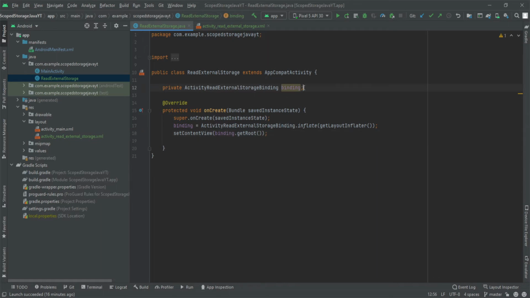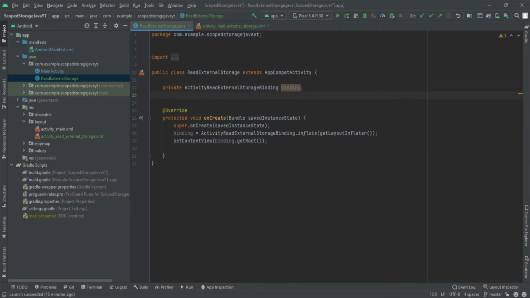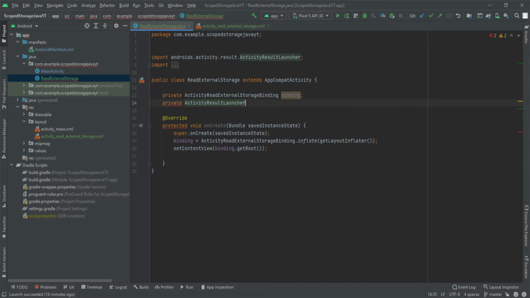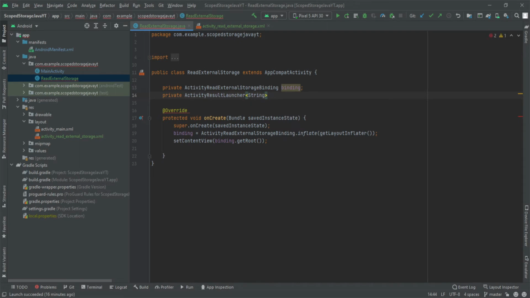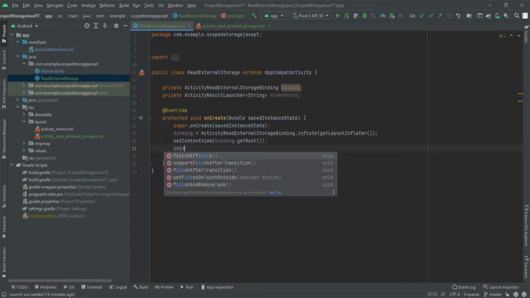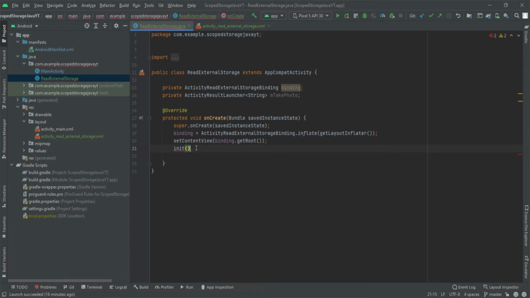Now we are going to declare a variable, the activity result launcher, and the type of the callback return will be a string, right? Because it will return us a URI. So we are going to name it as take photo, right? Now let us create a method called init, because I do not want to put the code inside this onCreate method. So private void